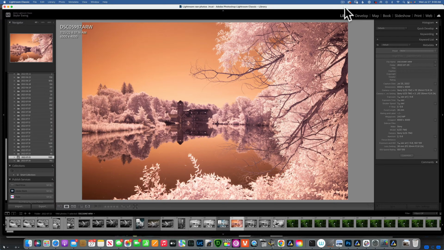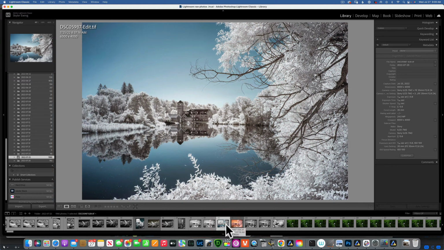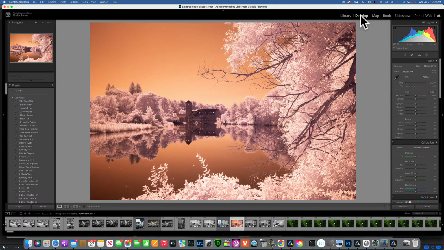Hello my friends, today we are editing an infrared photo. We are going to take this photo and turn that into this photo. This is infrared editing with a channel swap. So let's get started. I will go into Develop, and the first thing I would like to do is just